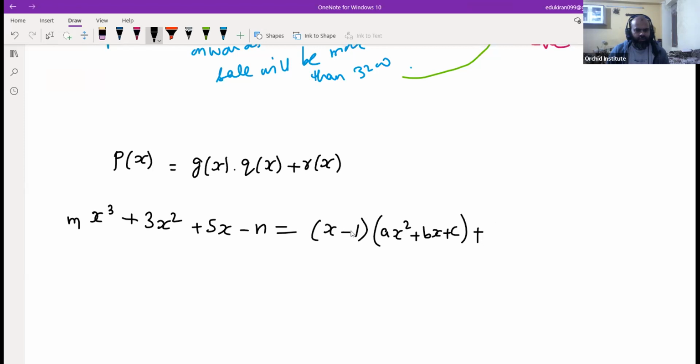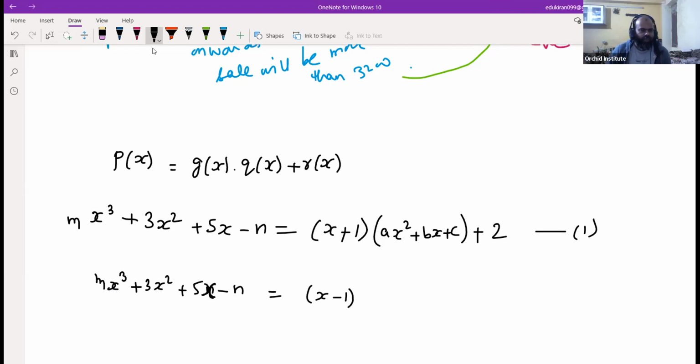So the polynomial mx cube plus 3x square plus 5x minus n has a factor of x minus 1. When divided by x plus 1, the remainder is 2. So this condition is given. Another is given that the polynomial has a factor x minus 1, right? So if x minus 1 is a factor, then when you divide by x minus 1,